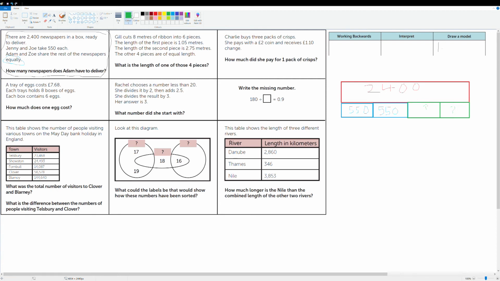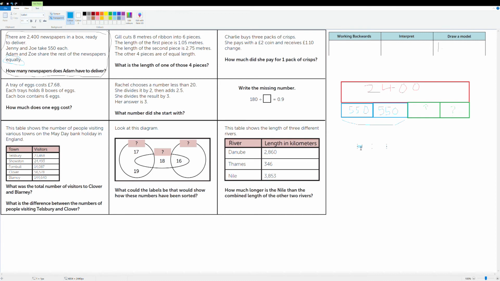So how are we going to work this out? Well, I'm sure some of you have already got your good ideas for this one. We want to figure out just what the green is. So let's first figure out what the blue is. If we have 550 and 550, we add it together, then what we should find is that that is going to be